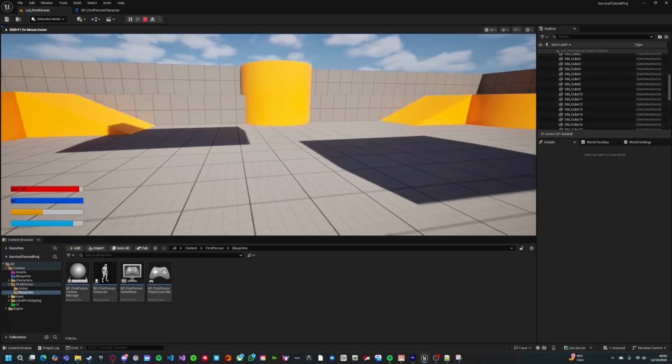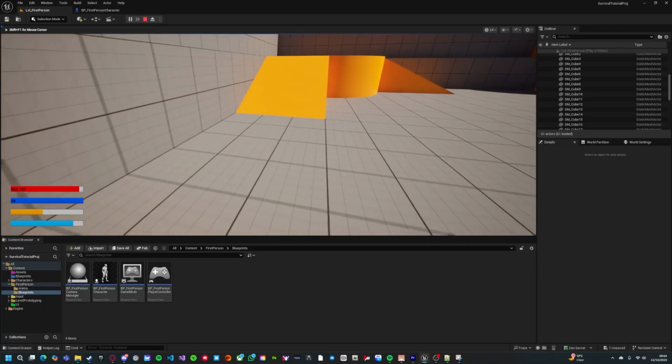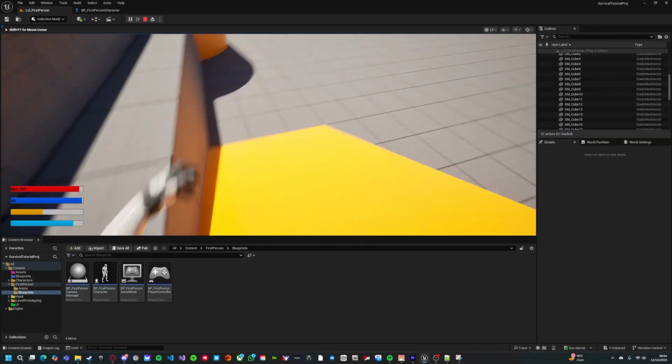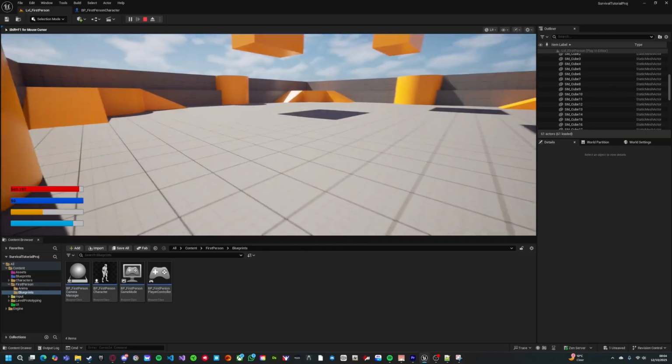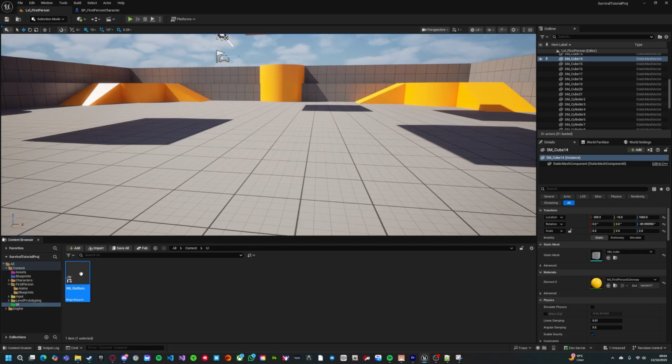Just like so, there you go. Now you can actually see how the health value has decimal points. We don't want that. We want to keep it a round number. So what we're going to do is fix that quickly. So let's go to content, go to UI, go to stat bars,